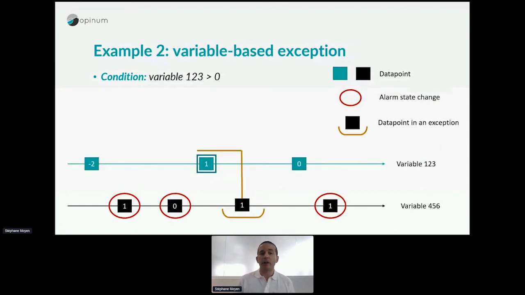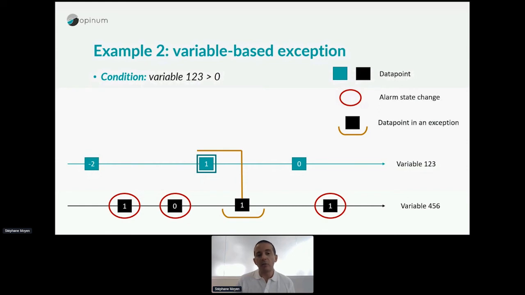The second one is a variable-based exception. In this case, we have in black the variable in which we put the alarm, and in cyan the variable that's used as an exception criteria. So the first change of state is the first one at the beginning of the timeline. Then you have a change to 0 on the second point, and then when it goes back to 1 here,